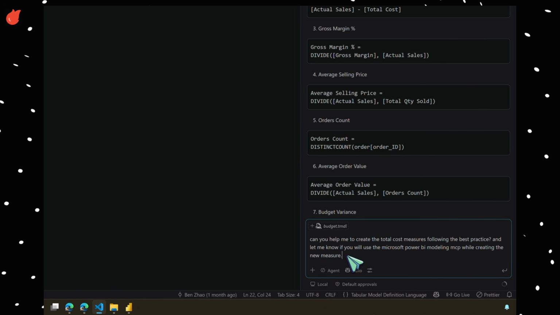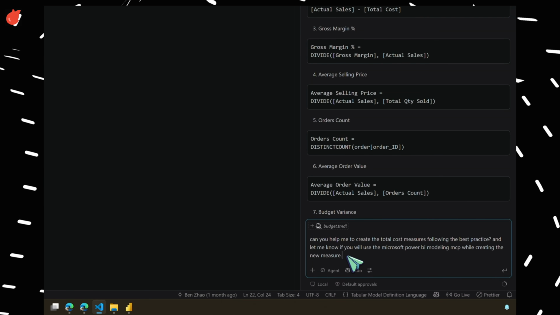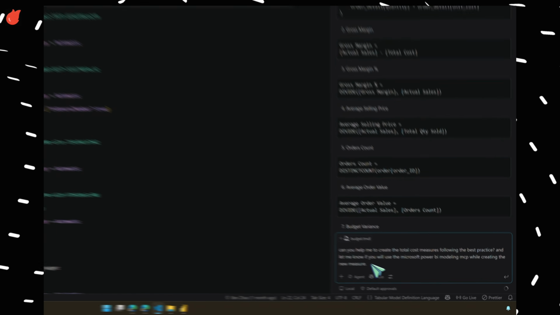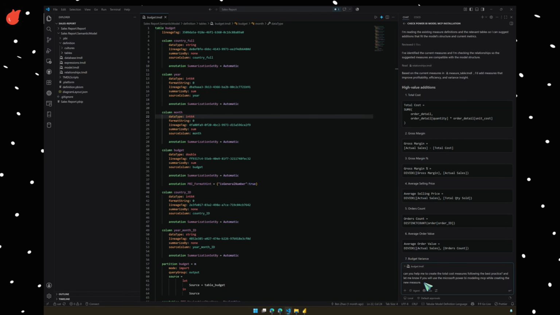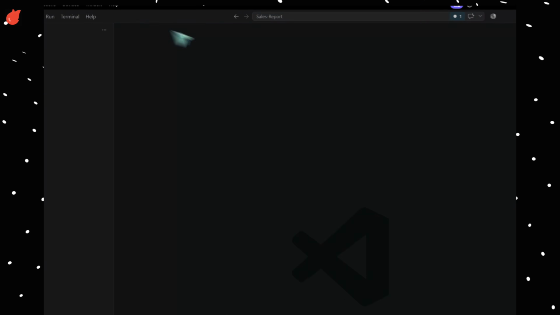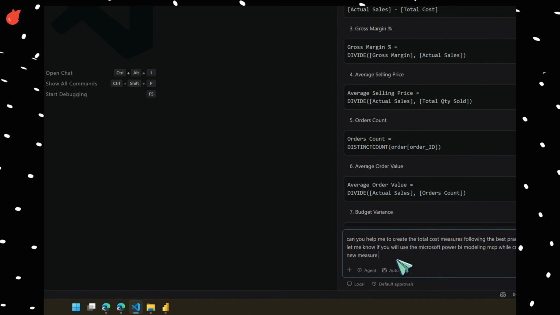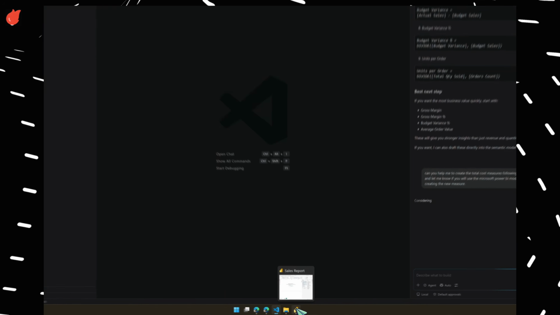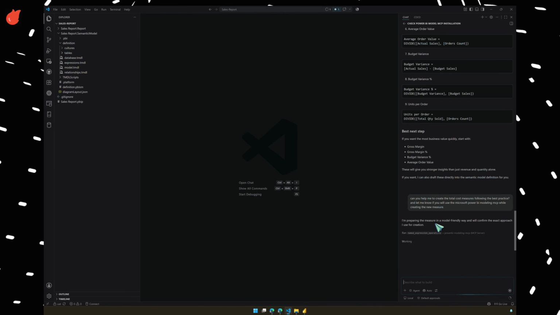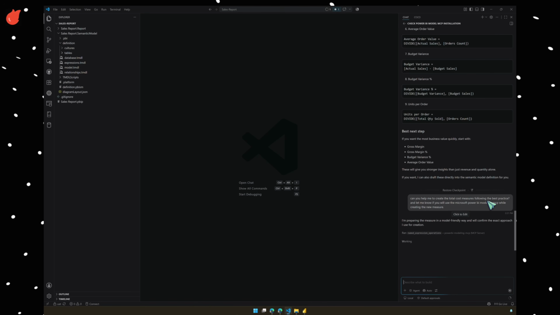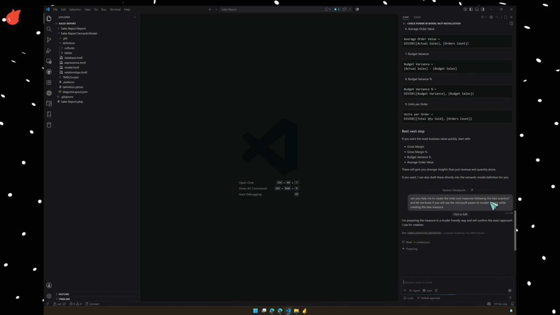Okay, so I ask two questions. First, help me create that one. Second, just confirm if you're going to use that MCP or not. Let's give it a try and hit enter. So now it's saying I'm preparing the measure in a model-friendly way and will confirm the exact approach I use